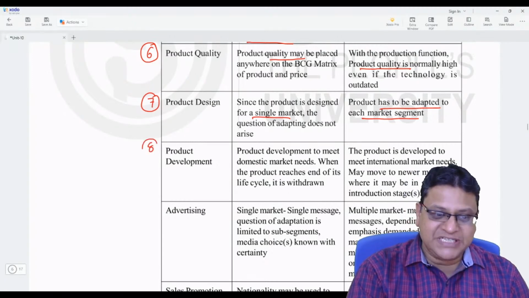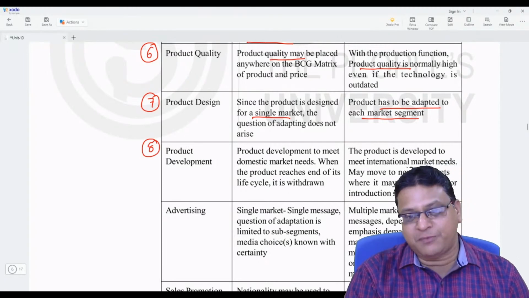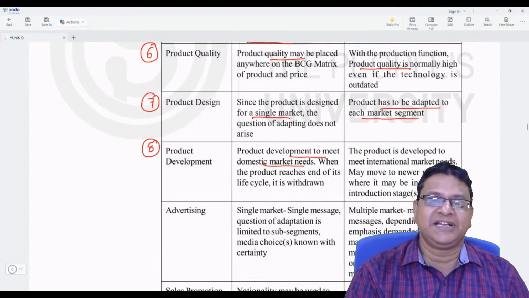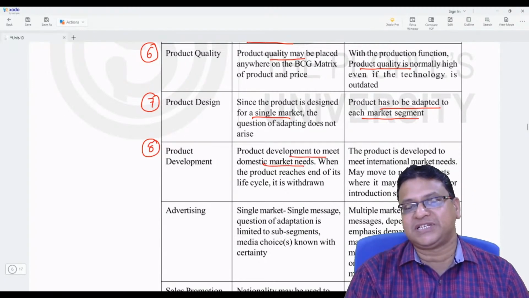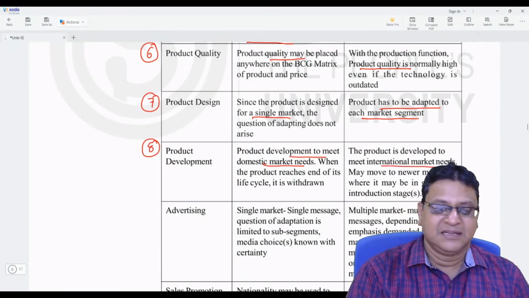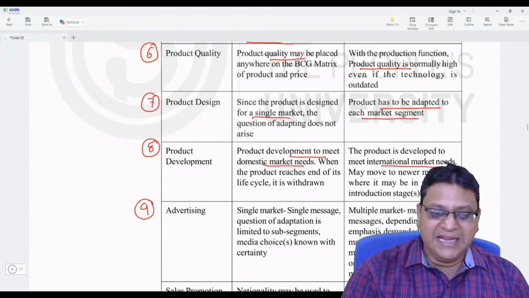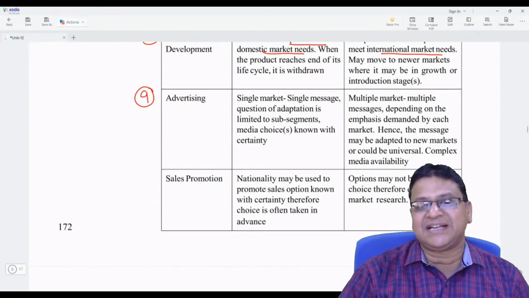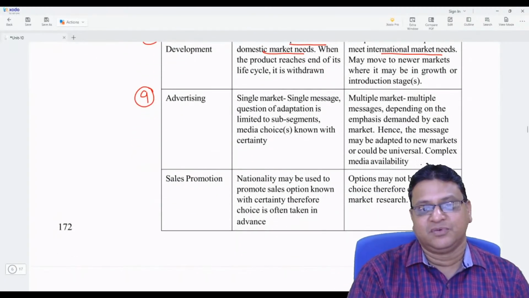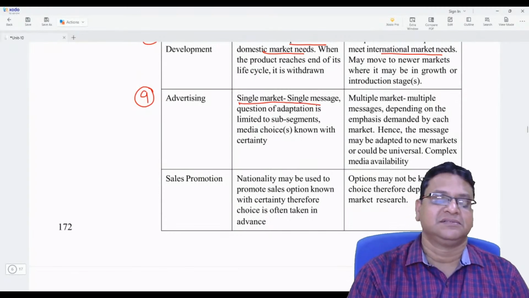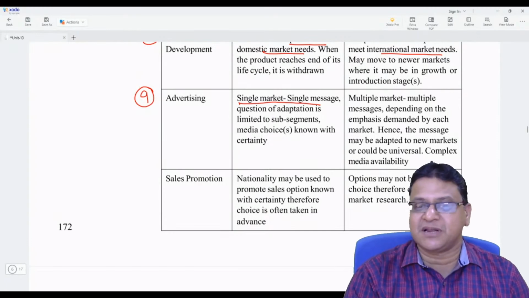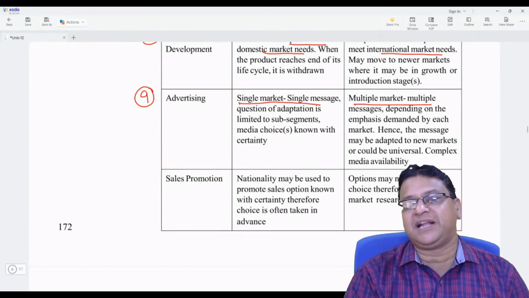In case of domestic marketing, product is developed to meet domestic market needs. But in case of international marketing, product is developed to meet international market needs. In case of domestic marketing, we follow the single market, single message, one market, one message principle for advertising. But in case of international marketing, we follow the multiple market, multiple message